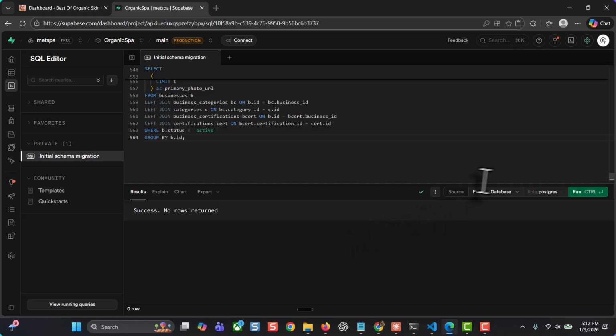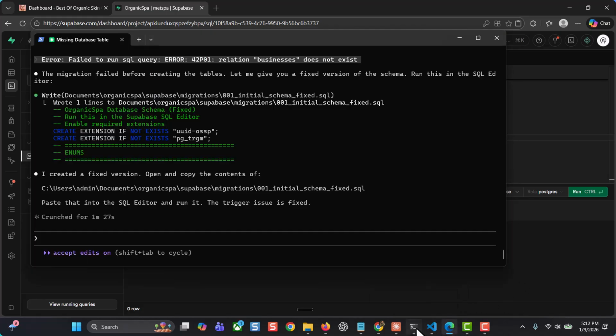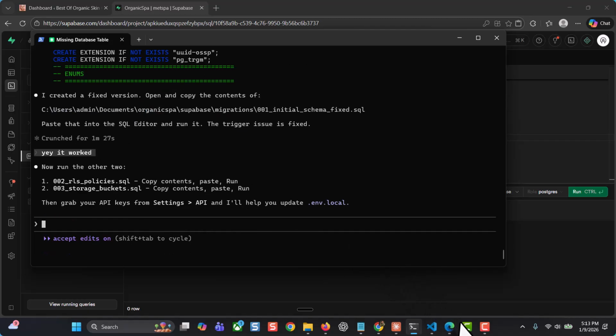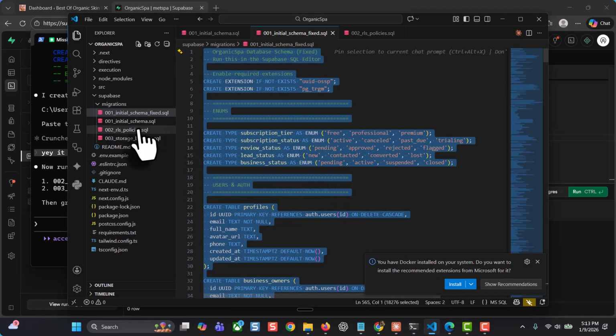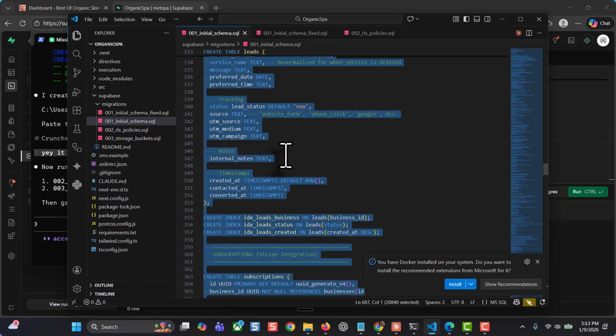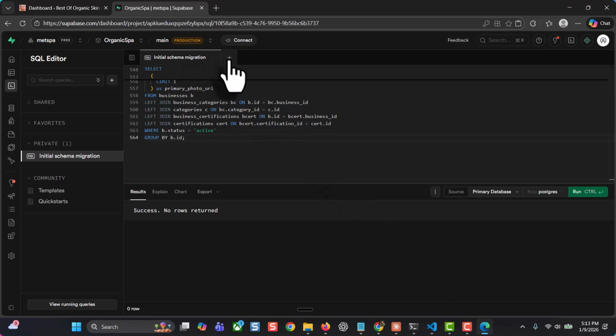Yay, no errors. Let's tell the AI that it worked. I'm sure we're going to run into a few errors, and I'm going to show you exactly how to debug everything. So let's continue just pasting the other two. Same thing. Click in the window, copy everything. Click on this little plus sign,